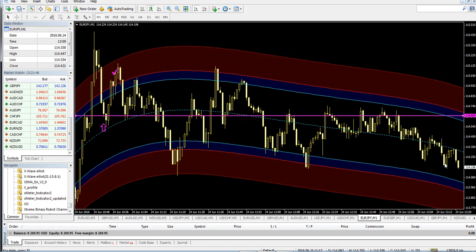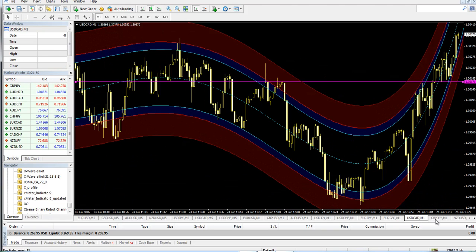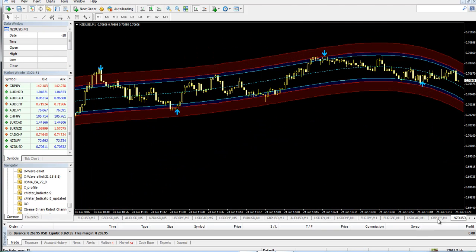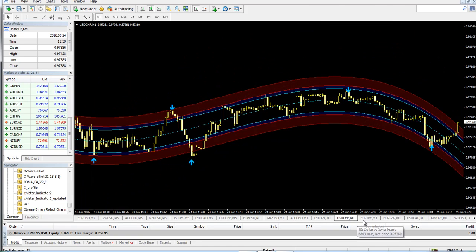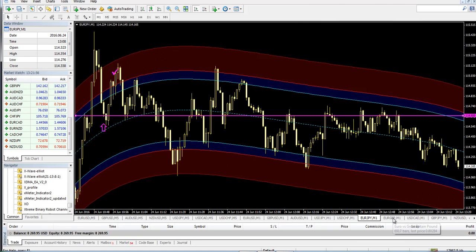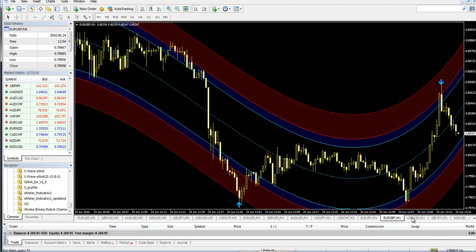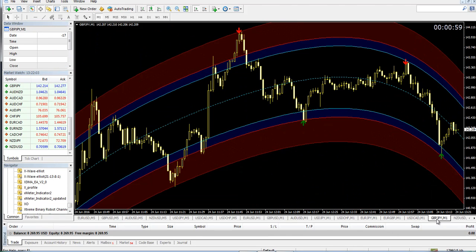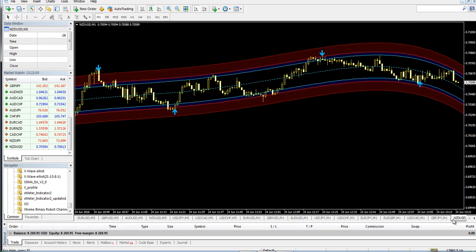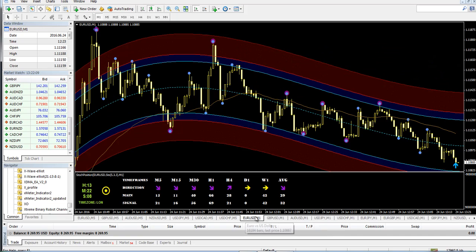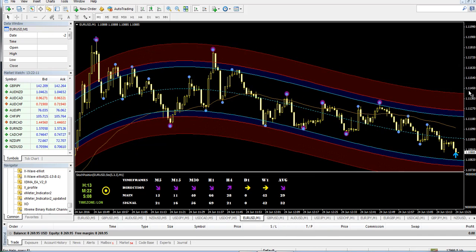I've been working on these settings for some time now, and I only managed to make it work yesterday. It's actually a day before yesterday, but yesterday was my first day using this system. So what I'm going to do here, I'm going to show you exactly how I trade with this system. My chart will be set to 1 minute, meaning M1,